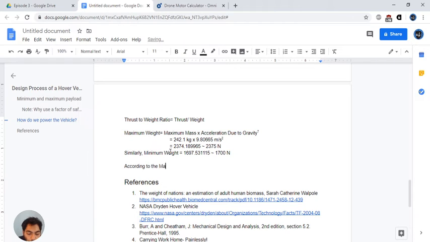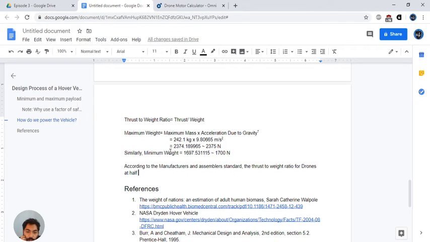According to the manufacturers and similar standard, the thrust to weight ratio for drones at half throttle, which is just throttling the motor at half throttle, should be at 2:1 ratio, which means